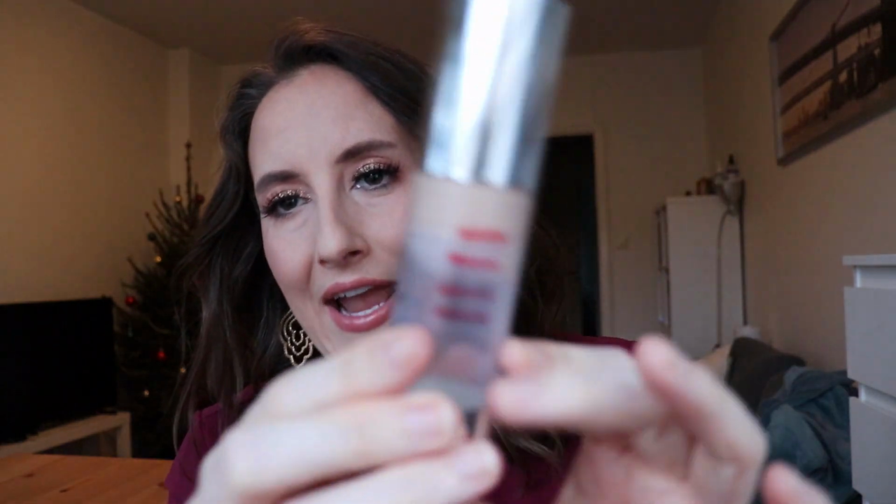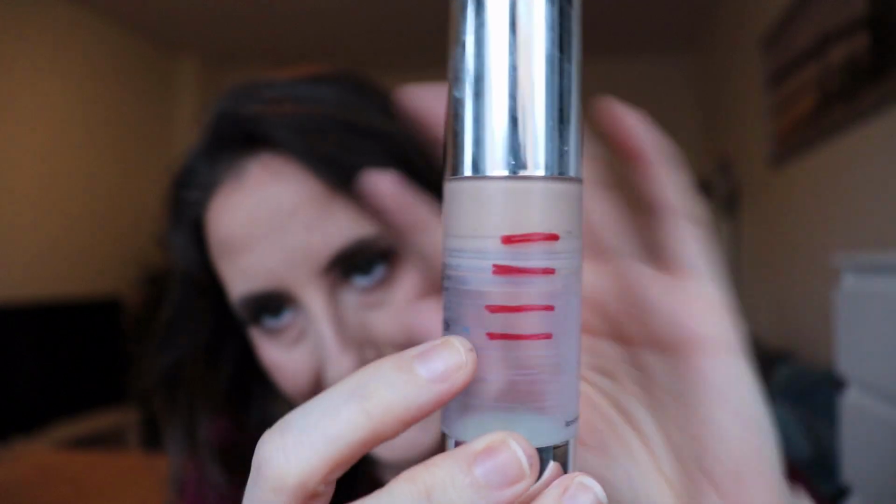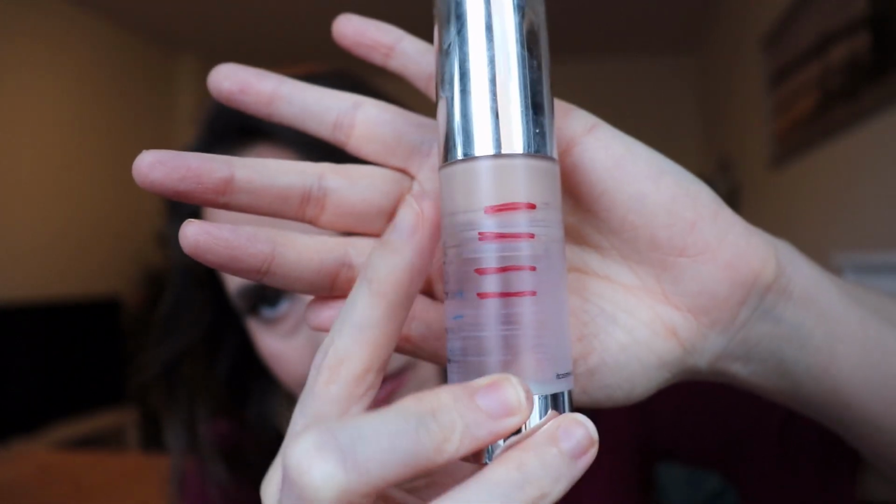Okay, so the last item that I was working on was a cream or liquid product, and for that I chose my Bye Bye Lines foundation from IT Cosmetics, and this again is an airless pump. So at the intro we were here, first update, second update, and third update we are here. This thing is moving so slowly. I really wanted to get this done by the end of the project, and I'm kind of doubtful that might happen because I use so little of this when I put it on. Even though I wear it almost every day,